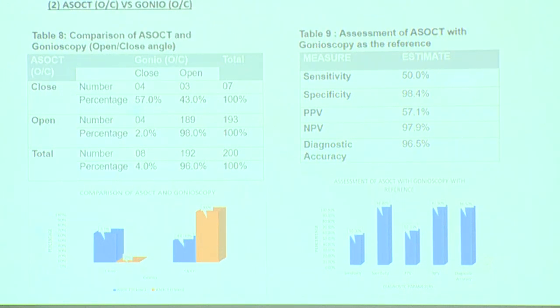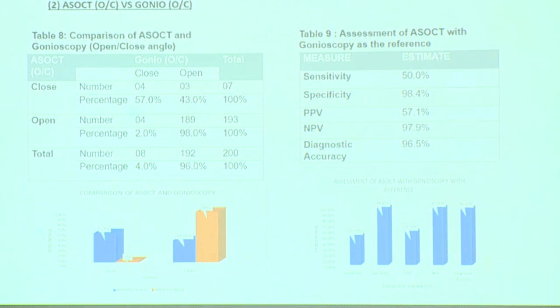Comparison of ASOCT and gonioscopy: out of the 7 closed angles, we found 4 had closed angle on gonioscopy and 3 had open angle. Out of 193 open angles on ASOCT, we found 4 had closed angle on gonioscopy, while 189 had open angle. This gives a sensitivity of 50%, specificity of 98.4%, positive predictive value of 57.1%, negative predictive value of 97.9%, and